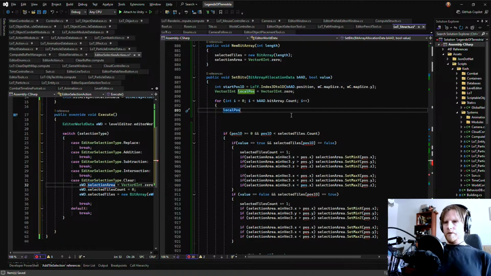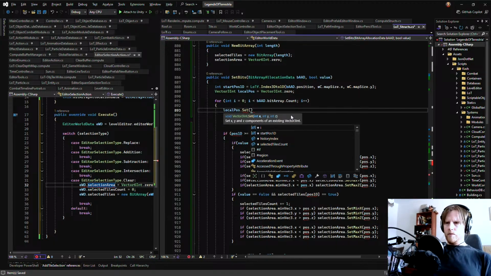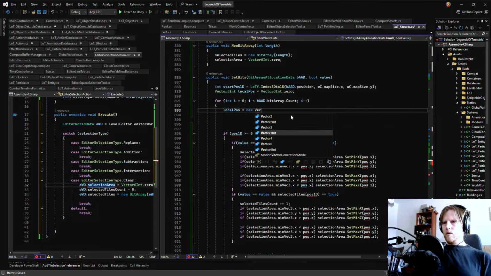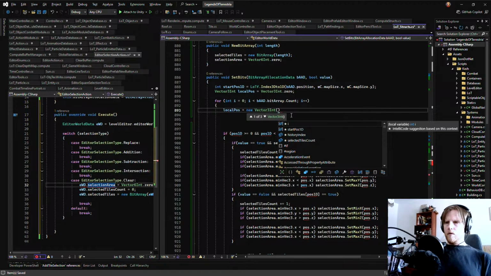And then here we're going to say local position. Let's set. Is that what we want to do? Or should we just do, let's just say equals new vector int. Or is that even it?